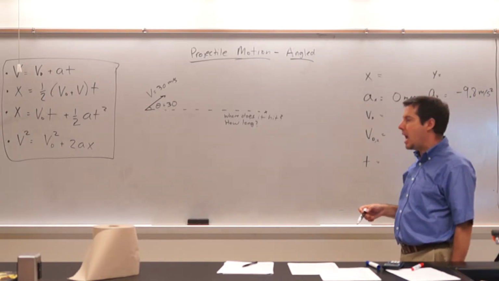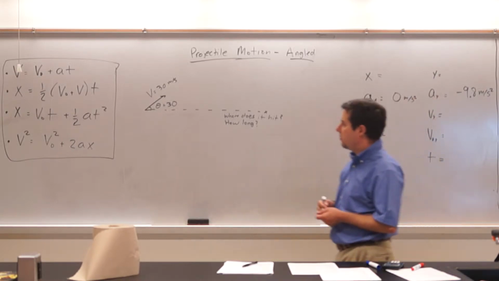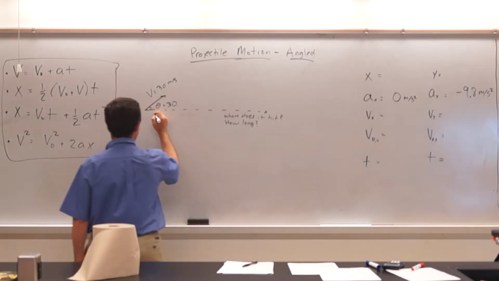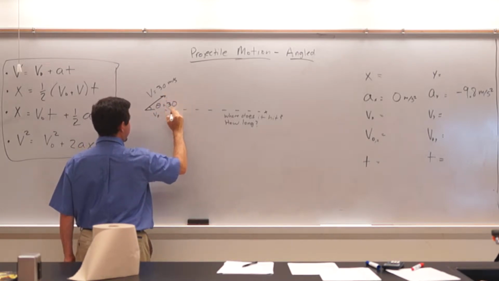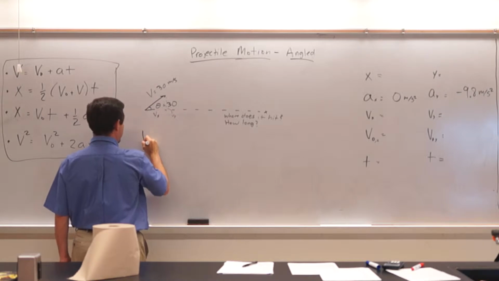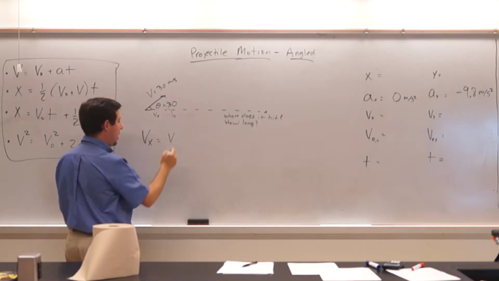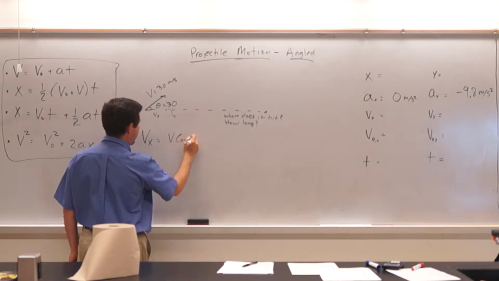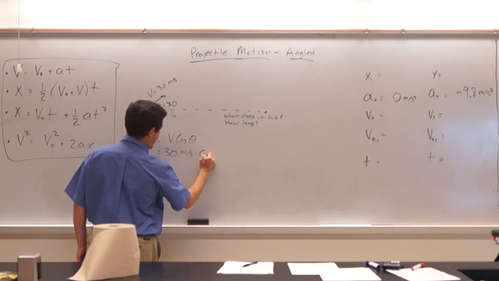And the velocity is not going to be 30 in these cases. It's going to be different than 30. And we can figure it out. This is v sub x, and this is v sub y. So v sub x is just going to be the velocity times the cosine of the angle. So 30 meters per second times cosine